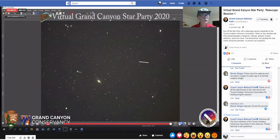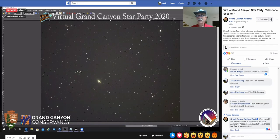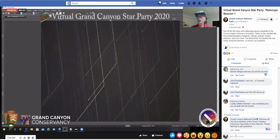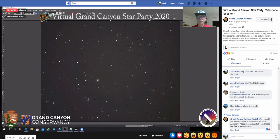I'm going to be moving over to M61. So let me put in M61 to my system, and I'm going to tell the telescope now to slew over to M61. So you will see here now a smearing of stars as the telescope moves over to M61. All those streaks you're seeing on the screen are actually stars going by. The camera is continuing to operate while it's moving, so the stars that are going by in its field just end up being streaks. So now we've reached M61,